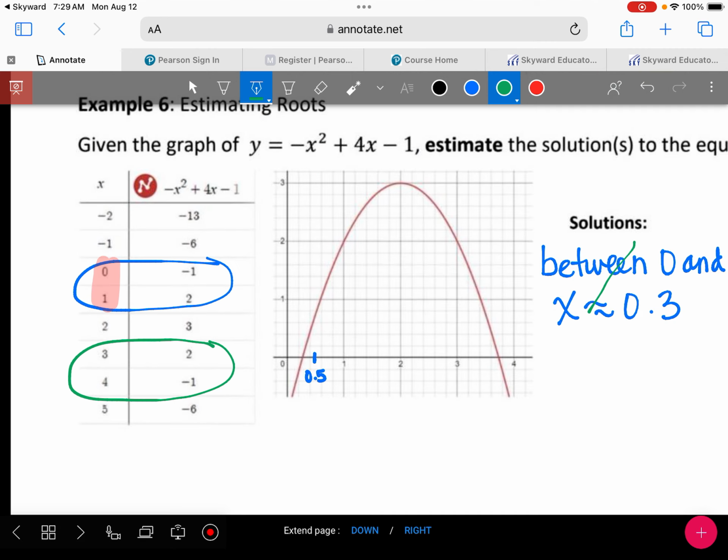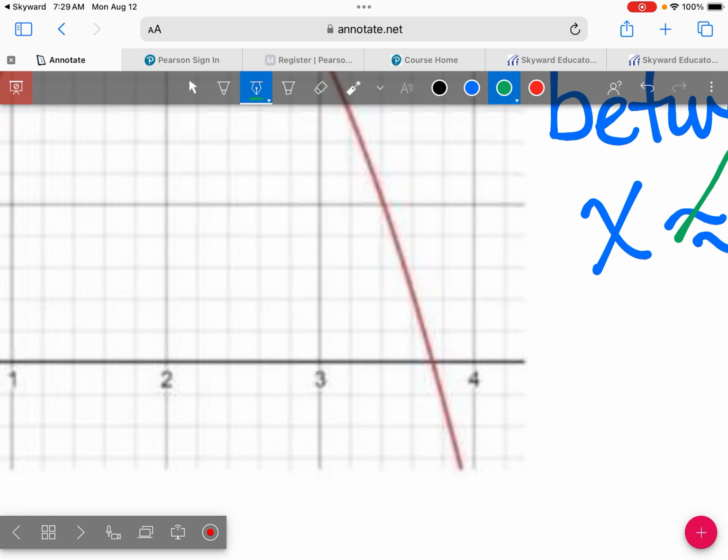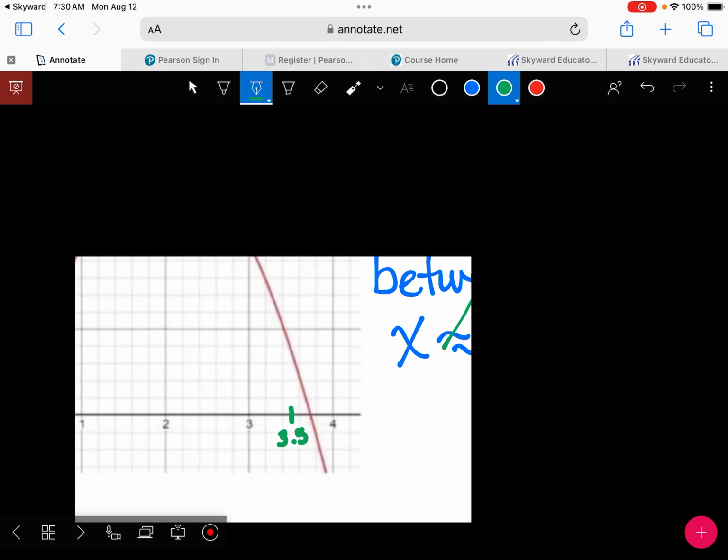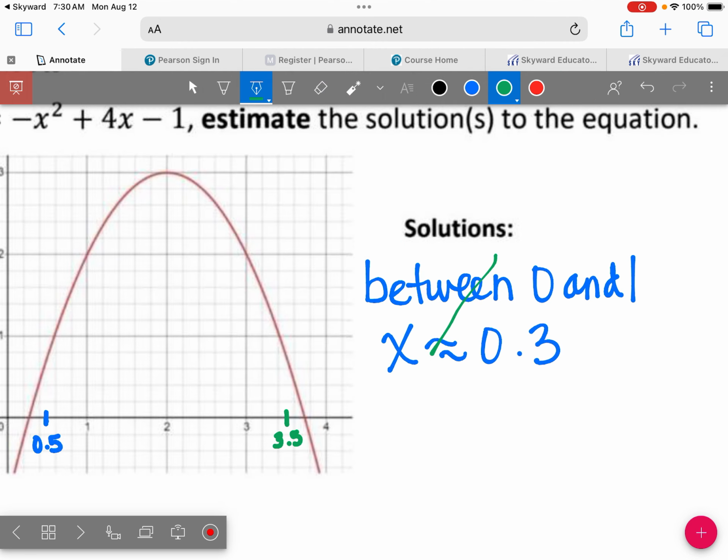All right, so between 3 and 4. So this would be in the middle. So this would be 3.5. So technically, as long as you gave me a number between 3 and 4, it'll be right. But your number should be closer to 4. It should fall between 3.5 and 4. So our second solution, oh, I didn't mean to make a little mark there. All right, so our second solution is between